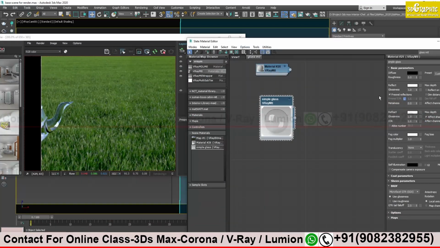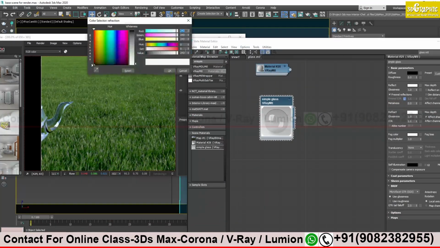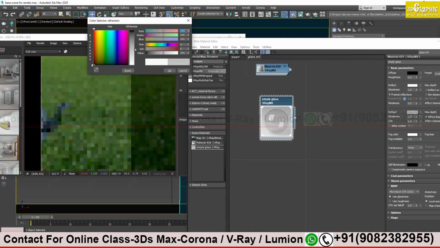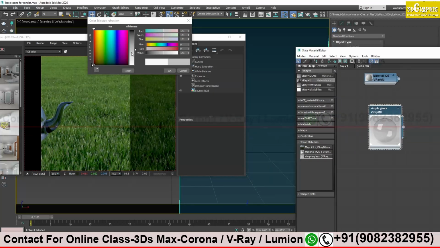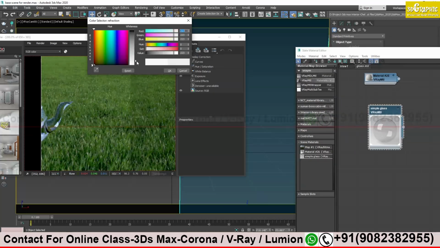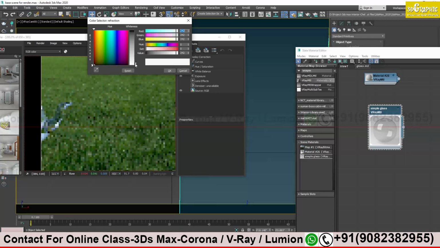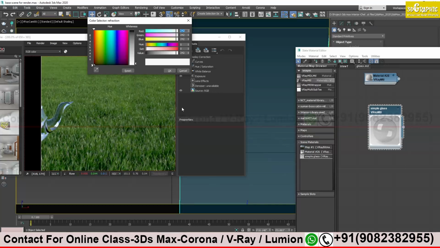Let's change the property a bit. Okay, now you can make it out. This is the glass thing. So it is so transparent, it is going through it. So let's make some colorful glass so that we can make out which color it is, whether there's glass there or not.